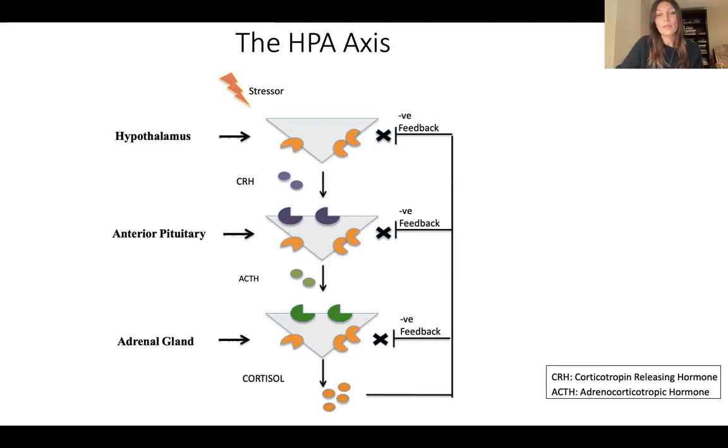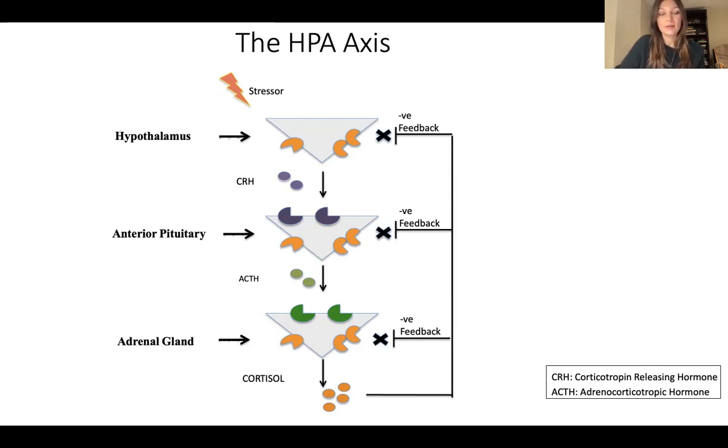When the body is in fight or flight mode, there's a stressor present, the HPA axis is activated. It has three main components: the hypothalamus and the anterior pituitary in the brain, and the adrenal glands, which secrete glucocorticoids. Once a stressor initiates this pathway activation, the hypothalamus will secrete corticotropin releasing hormone, which will travel to the anterior pituitary and bind